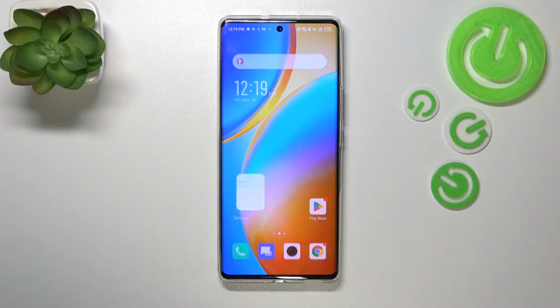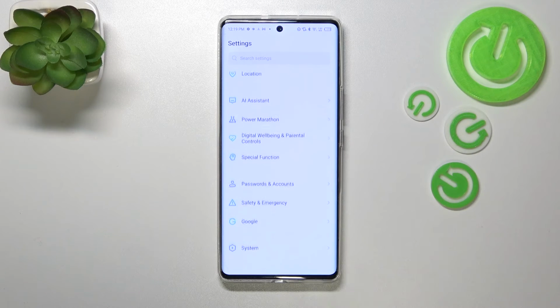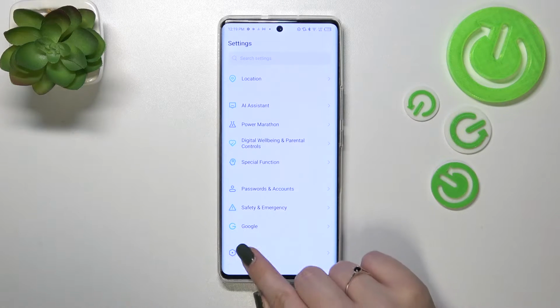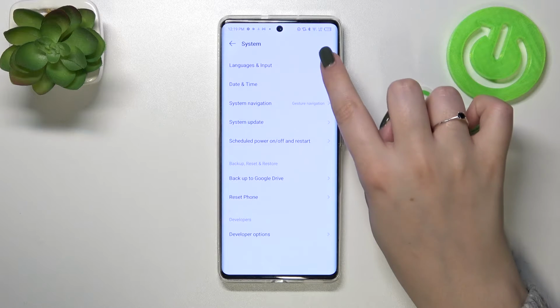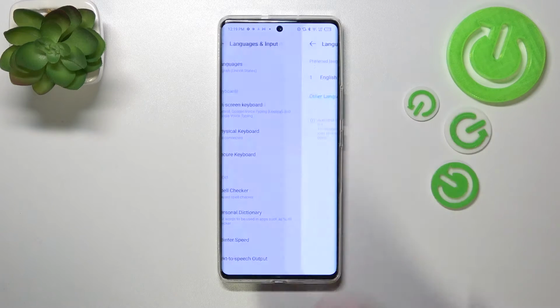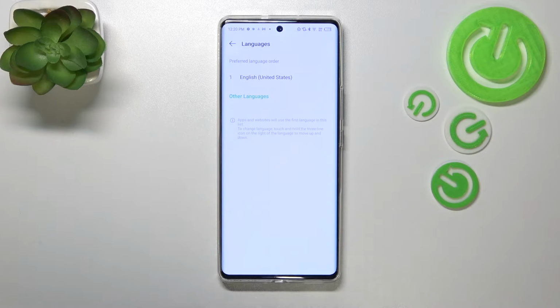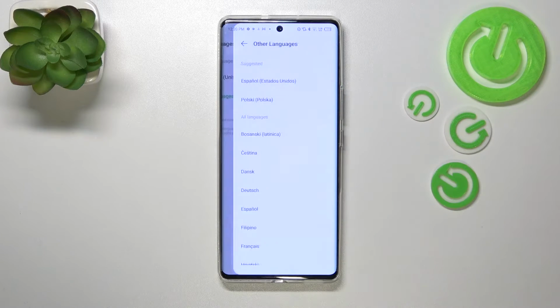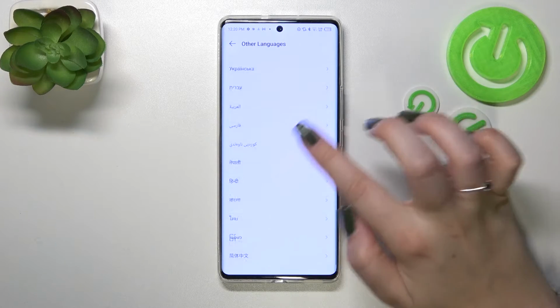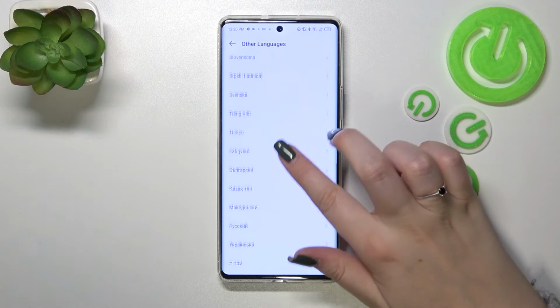So first of all, let's enter the settings, and here we have to scroll down to the very bottom to find the system. Now let's tap on languages and input and enter languages. And as you can see, this is the list of all previously added languages, we've got only English. So let's tap on other languages, and here we've been transferred to the full list of all languages from which